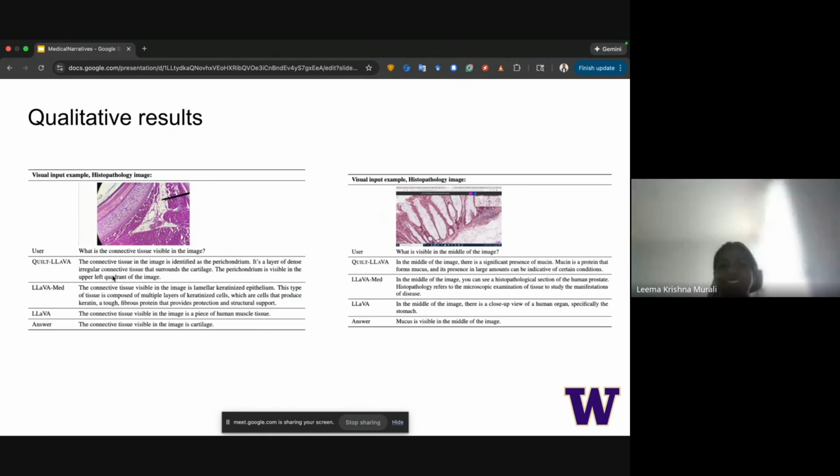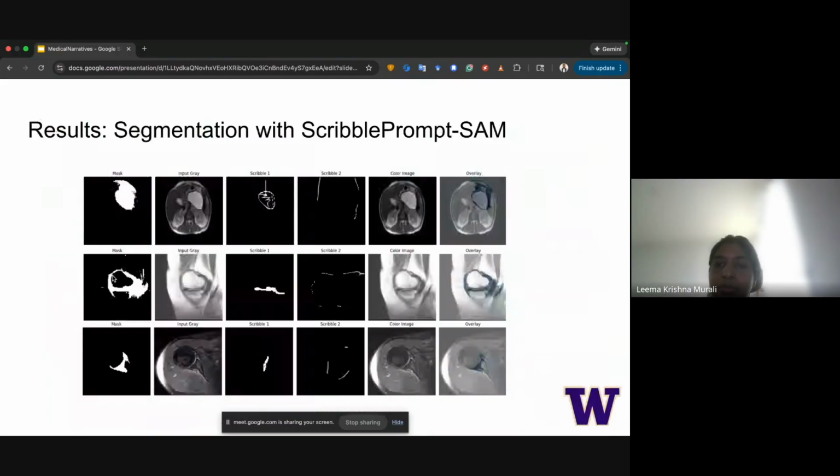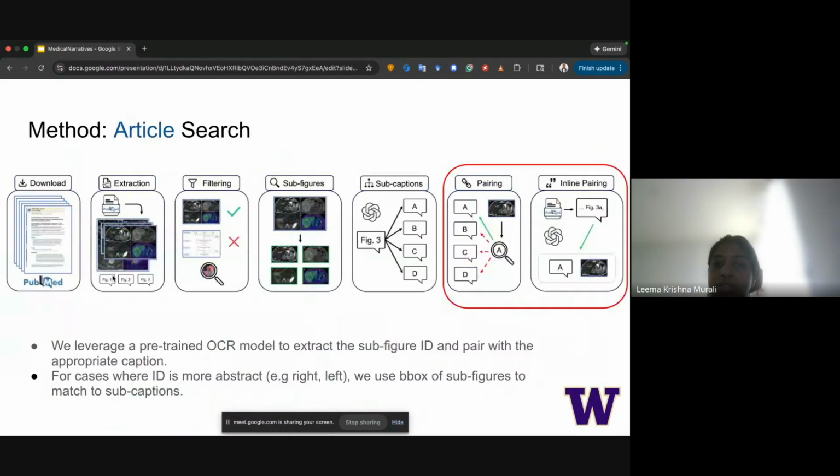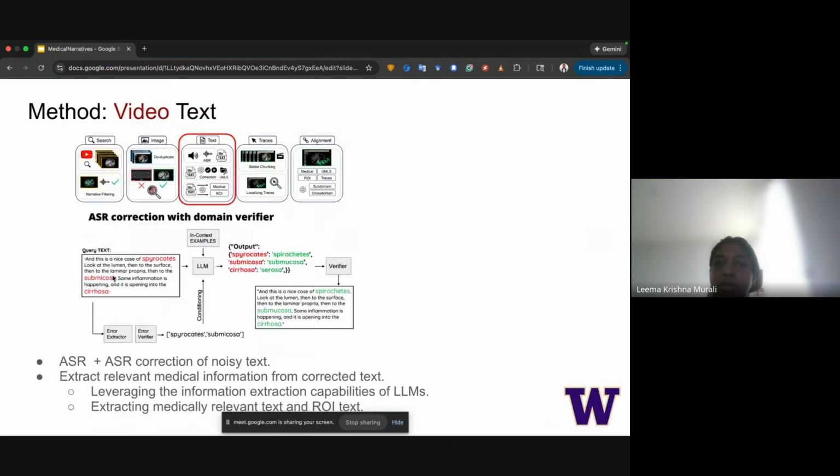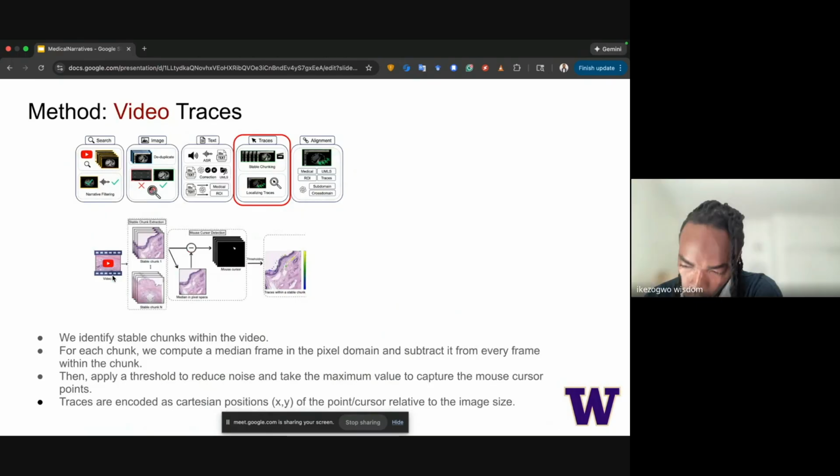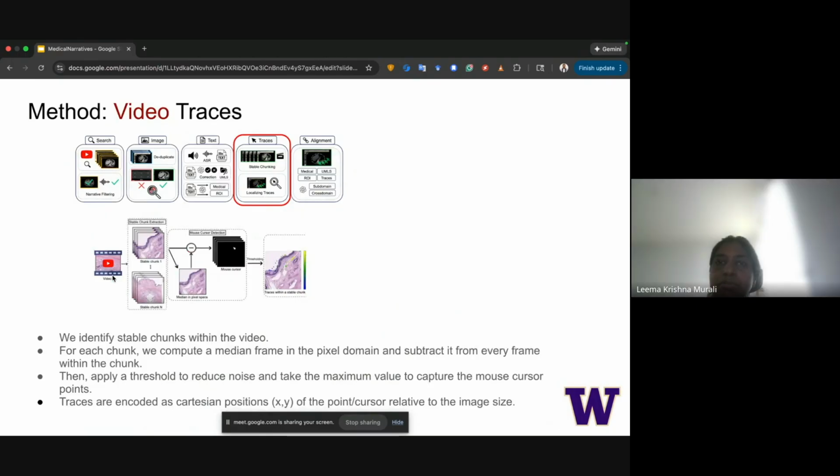Yeah, that's fine. Yeah, thank you. Thanks. I also had another question about the cursor. So I think I saw in the paper that it notes that identifying cursor traces is very difficult due to varying speeds and styles. So how did the algorithm handle instances where the instructor might draw a circle around a region versus simply pointing or hovering over? So did one style provide a better training signal over the other?